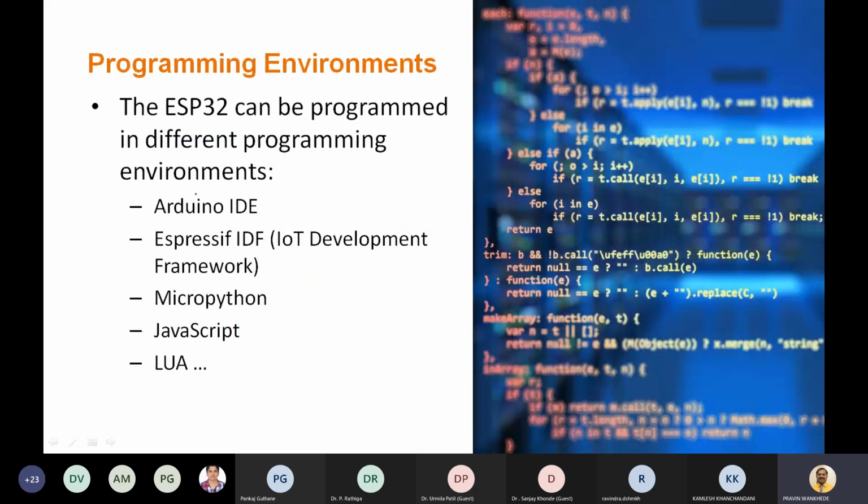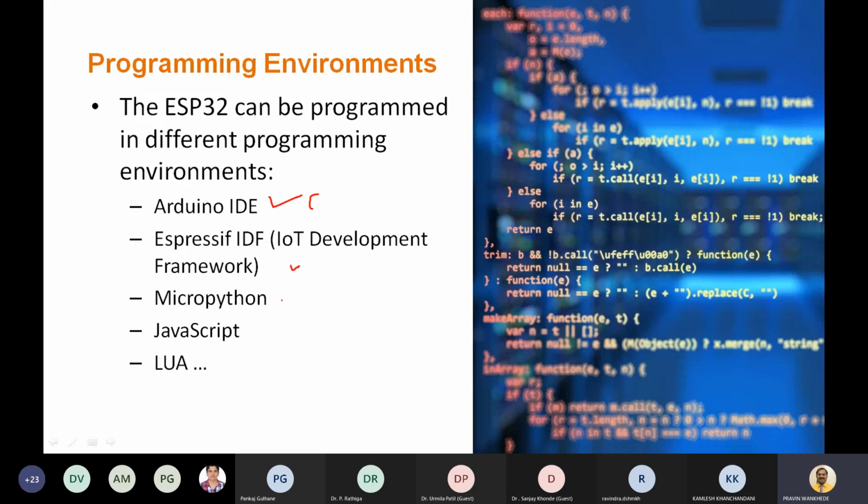To work with these ESP32 IoT boards, different programming environments are available, like the Arduino IDE, where we can use C or C++. Then we can use the Espressif IDF, which is their own framework and uses C++.